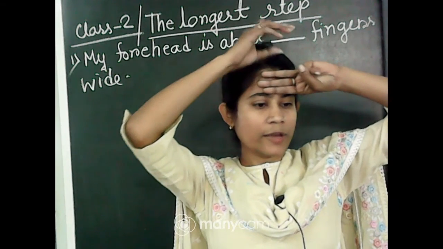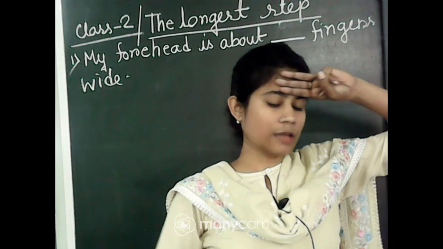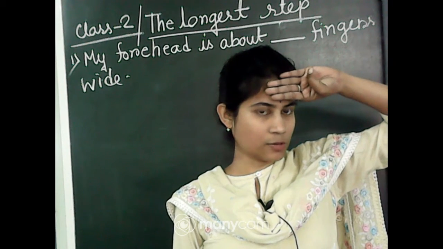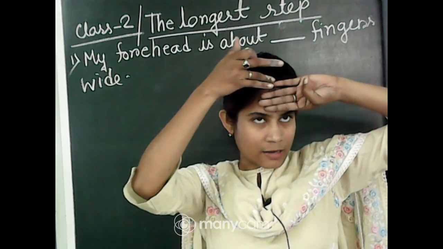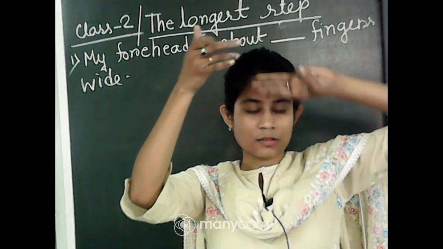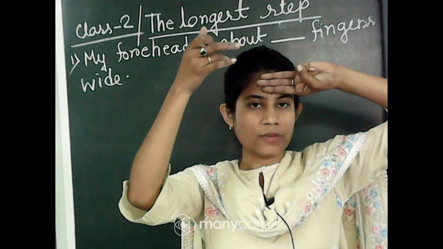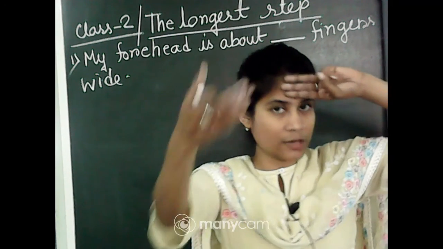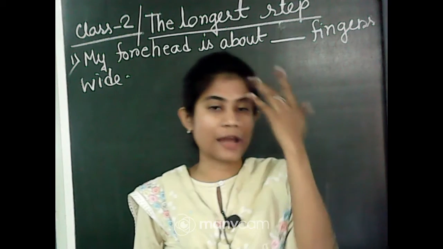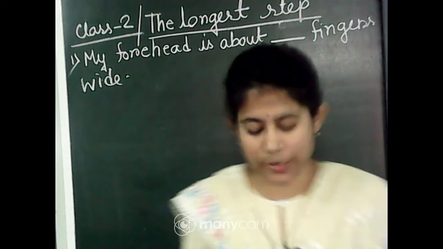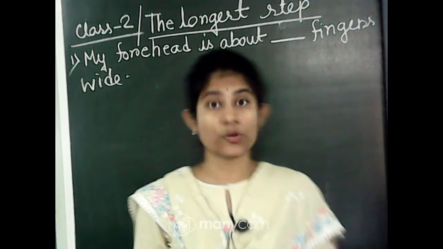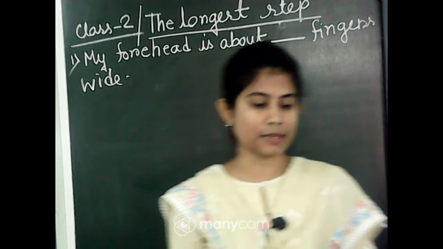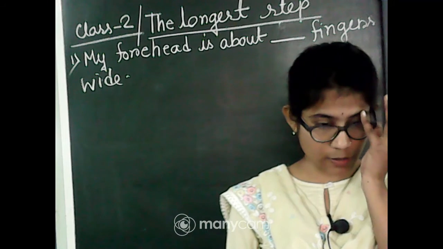Now see, when it's 3, then on that time my whole 4th finger, when I place it, touches my hair, which means my forehead is 3 fingers wide. Now check yours by using your finger, and then write it down. Don't compare with your friend's answer, because everyone's forehead is different in length, and also everybody's fingers are different. So everybody do it.